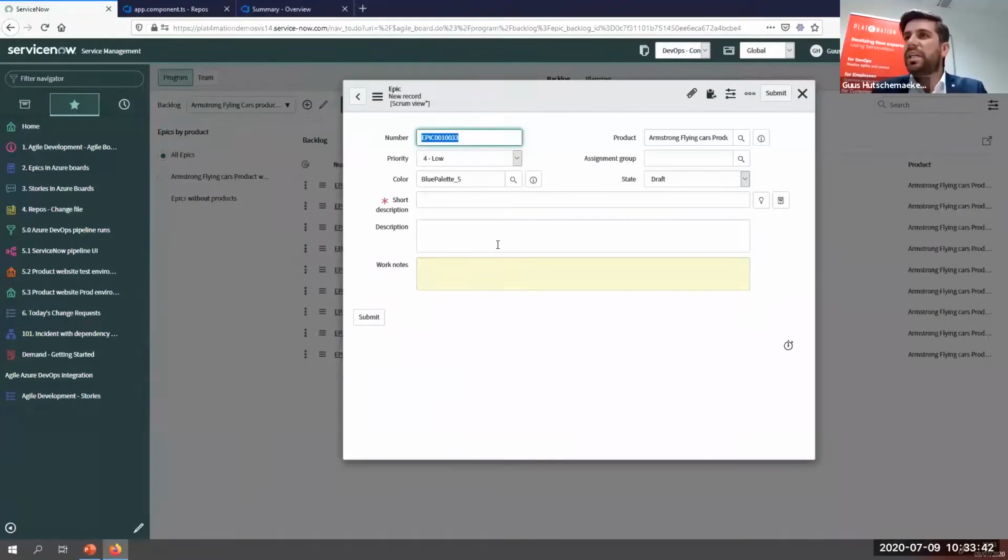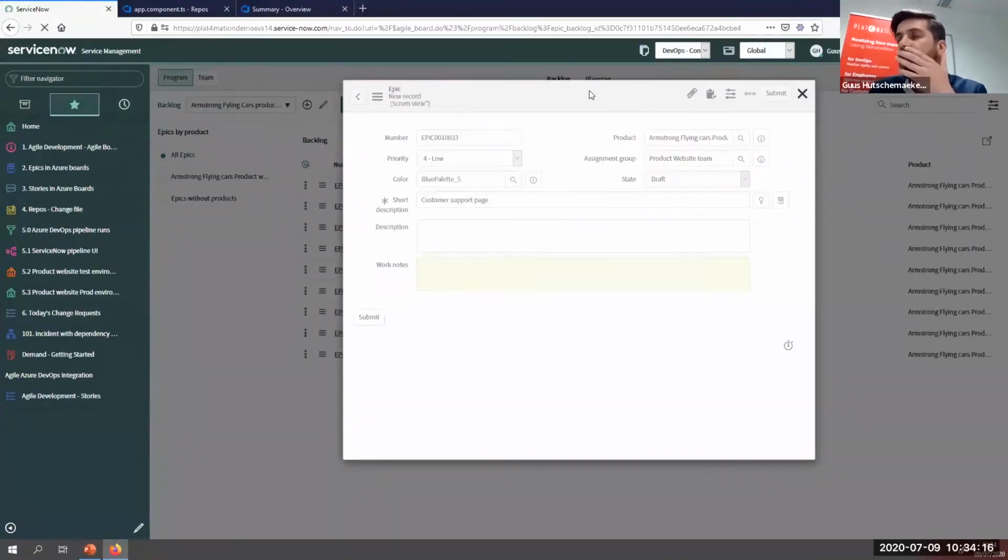It is about a company that produces flying cars and wants to sell them, and they have a website. So let's say we want to have a customer support page. By assigning it to the right group, ServiceNow will know to which location to send it to actually work on that. So in this case, we're going to select the product website team, that will actually end up in Azure DevOps as well. So as I'm saving this epic,